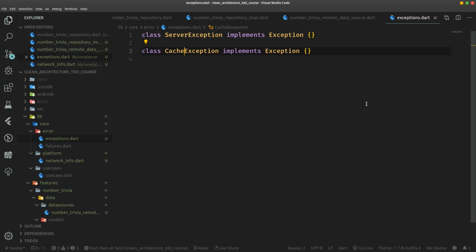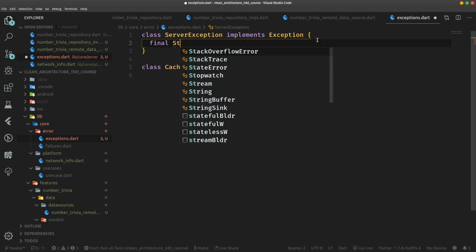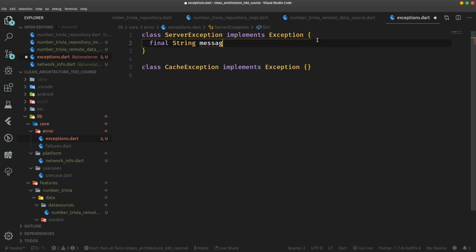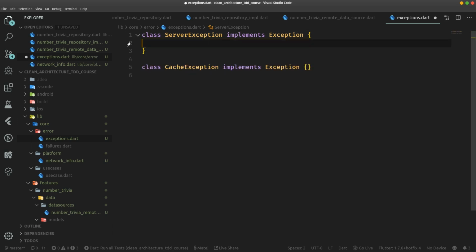And of course, we are keeping this simple by not having any fields inside these exceptions. But of course, you can, in your own projects, create a field final String message if you want to convey some more information about the exception. So something like this. We're keeping it simple, so we are not going to have any messages passed around inside